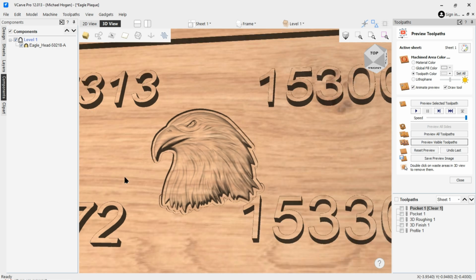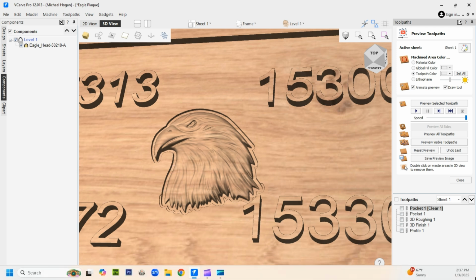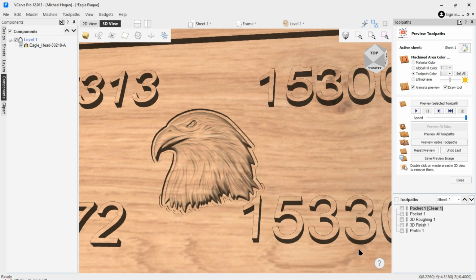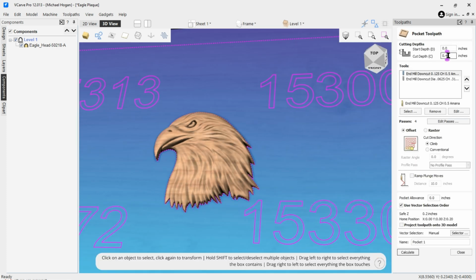To get this thickness down to the base of this, you just put your cursor over the top of this and you look over here in this corner and you'll see what the z-axis shows. Negative .4923. That's how much material it cut off to that point. So that's what we want to go to. We want to get to that point on the pocket. So I can redo the pocket by just putting .923 in here, calculate,